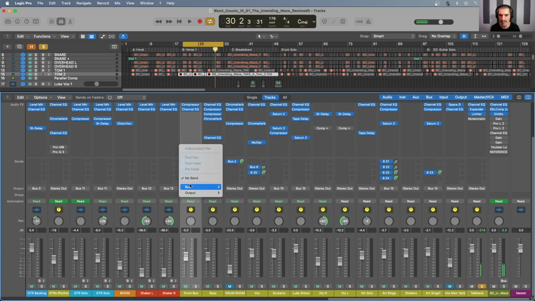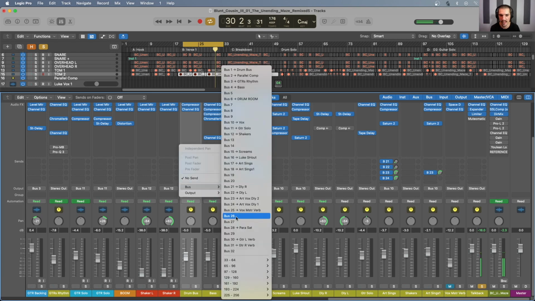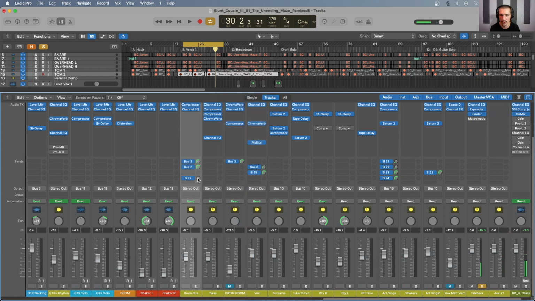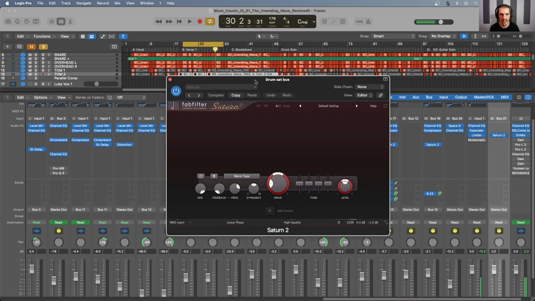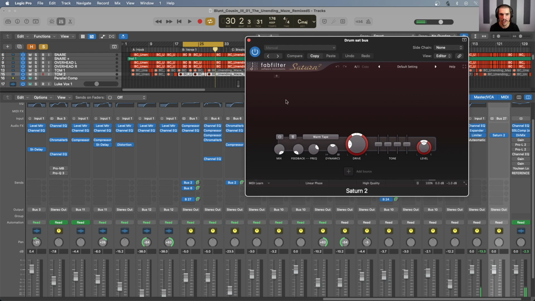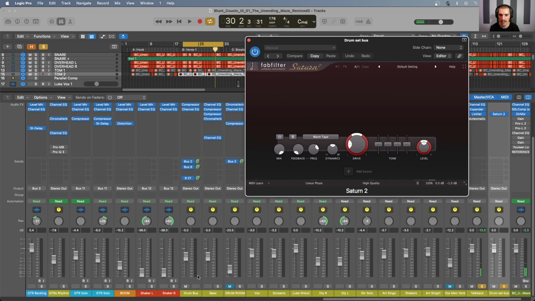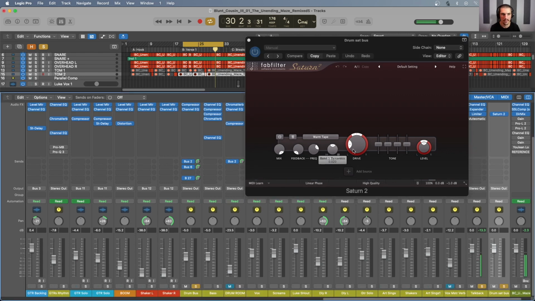We can send this to a bus. Let's use another one right here, bus 27. We will bring this up to unity, and then we will go over here to the drum saturation bus and insert, again, a saturation plugin. Again, I like the FabFilter Saturn 2, but you can use whatever you'd like. And now if we listen to the drum bus,